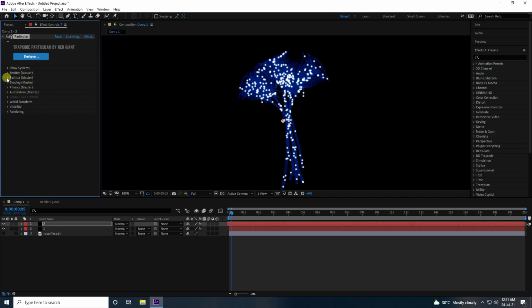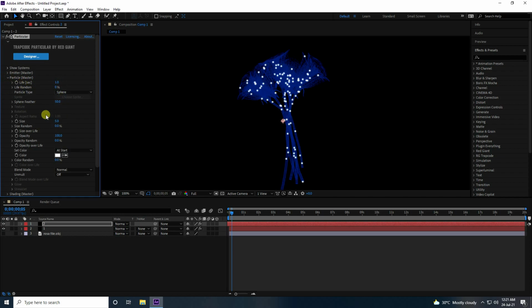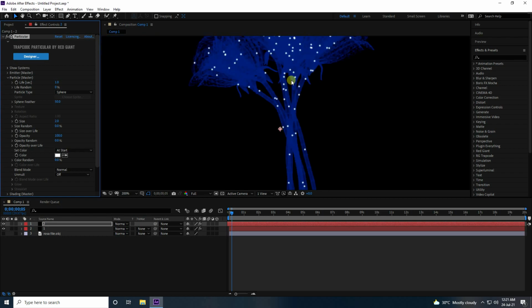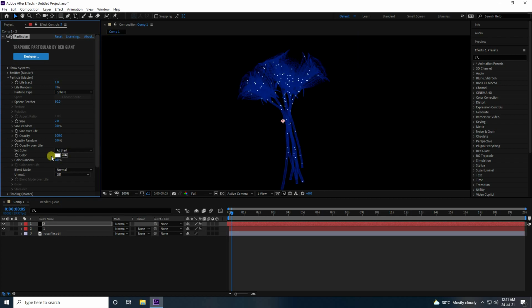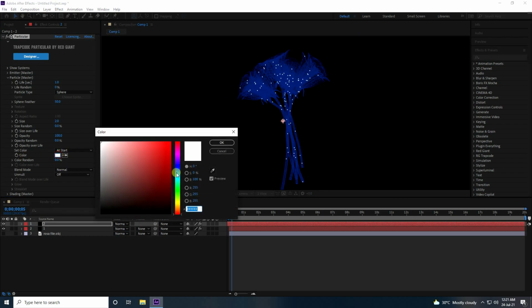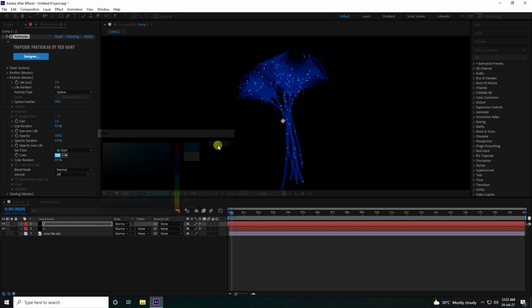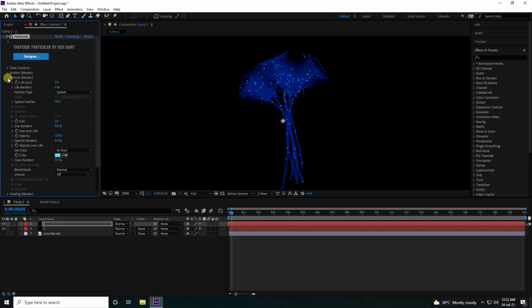So this time same particle, and guys, life in seconds I like 1, and size I like 2. Yeah, beautiful, right? Okay, so guys, also change the color. Color guys, take the same blue color. H take 200, and S 60 and B take 100. Yeah, that's my light blue, right?